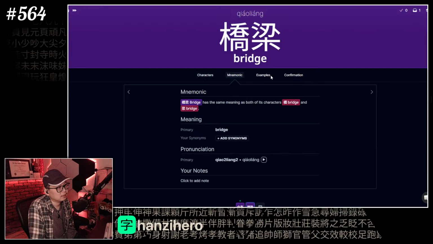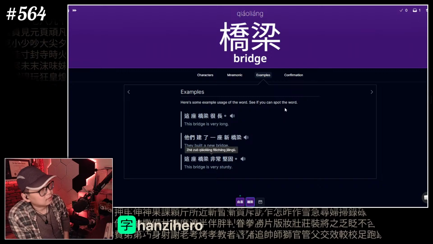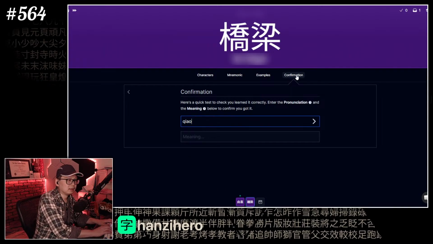Qiaoliang, double bridge. 这座桥梁, okay, 做 again, bridge counter. 这座桥梁很长, 他们建了一座新桥梁, 这座桥梁非常 sturdy. 固 是什么? 固, 坚固, 坚固. Oh wait, oh yeah, wrong tone, 坚固. That's the default